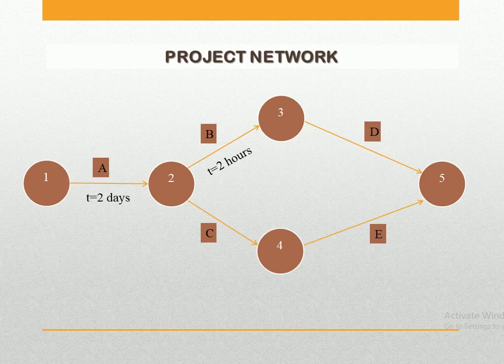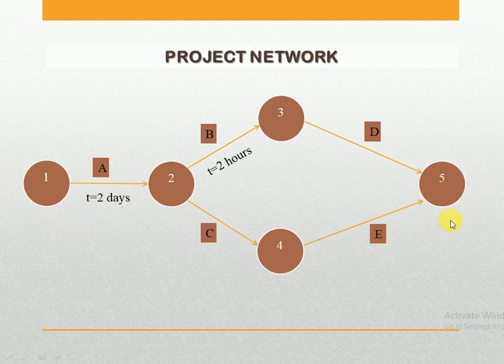So I told you that the project network is a network of different activities, and it's the same example that we were discussing yesterday. There I told you that we have 5 activities in this particular diagram, just as an example, A, B, C, D and E. We have 5 activities and all are interrelated together, and these arrows are the arcs and they represent the activities, and these circles are called the nodes, and they represent the start and end point of the project or the network.